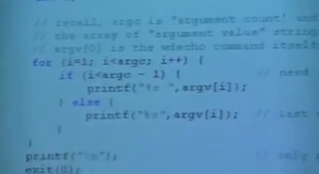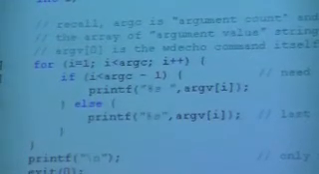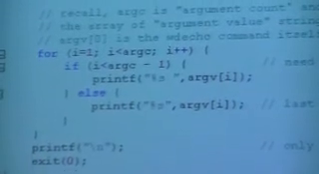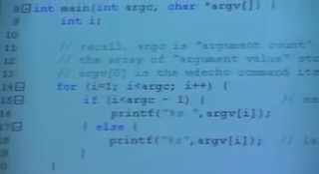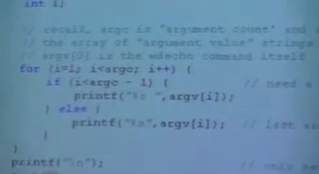So here we go. For I equal 1, I less than arg count, increment I. If I is less than arg c minus 1, that means I'm not on the last one. Then what do I do? I printf. What does the %s match to? A string. What is argv of I? A string. So it prints out the string and a space. In this case, when I is 1, what's argv of 1? Hello, so it's going to print out